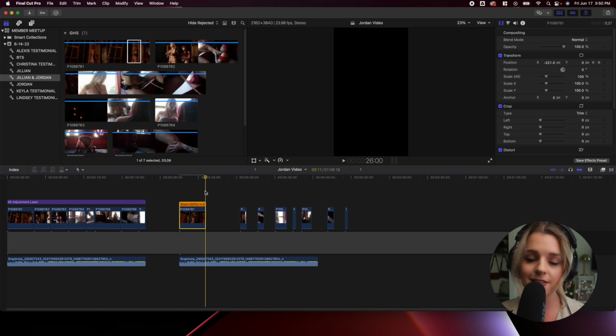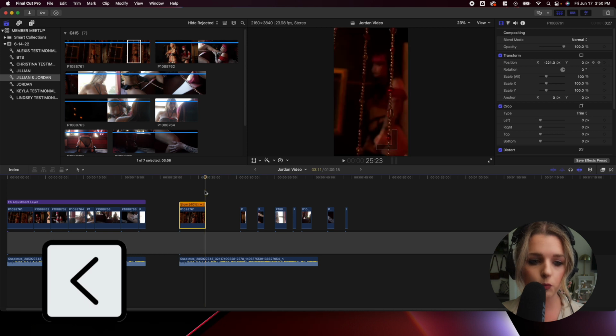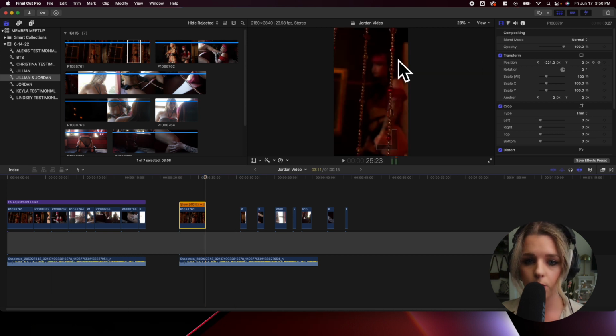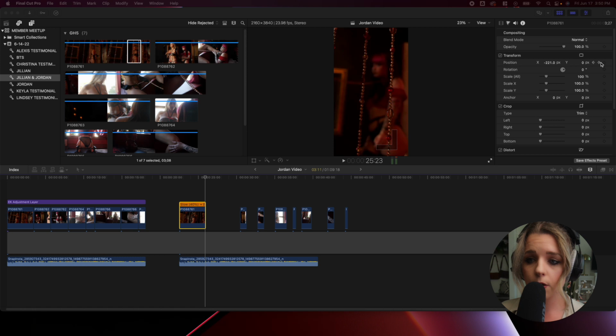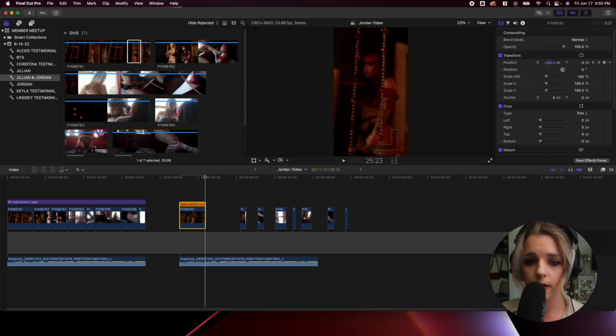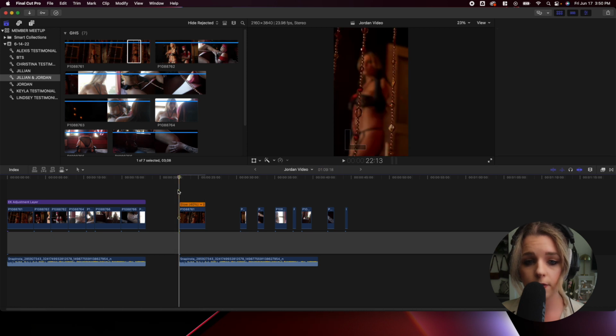Since I can't see the clip, it's blacked out, right? So what I want to be able to do is see the clip. So I'm going to be using the back arrow key, just one click. And so I can see where my positioning is going to be. Now that it's already keyframed, I just go over to the X axis and then I am going to be moving Jillian into the middle of the screen. So now this is what I have.